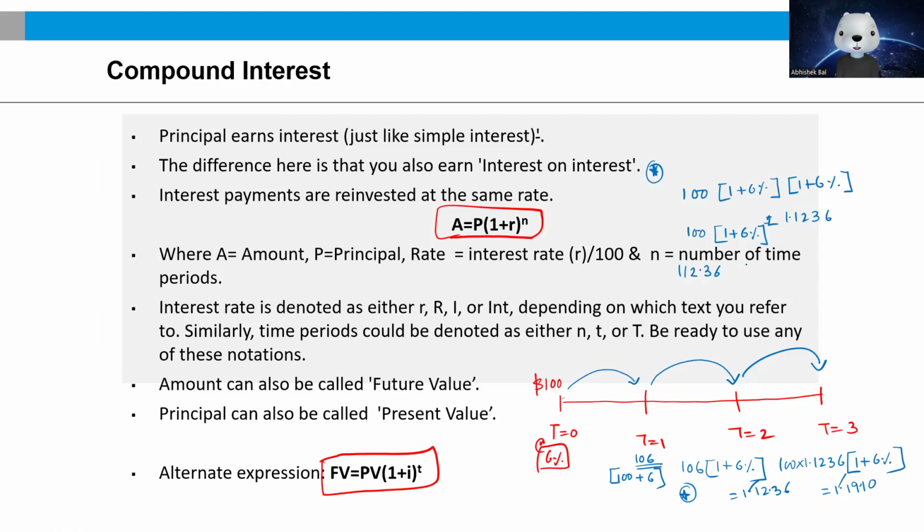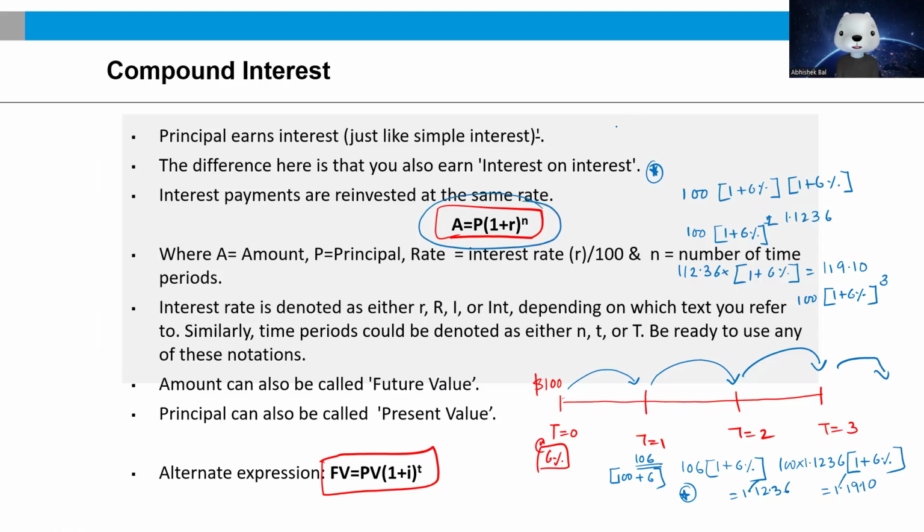In other words, 112.36, if it is compounded for one more year at the rate of 6%, is going to yield you 119.10. This could be equivalently written as 100, which was the base principal at time t equal to 0, into 1 plus 6%, which is the flat rate of interest, to the power 3. If you generalize this for n number of years, of course, you're going to end up with this particular equation,